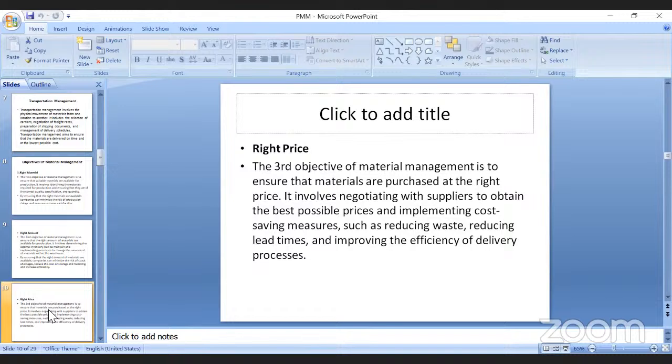Many years ago, there was a monopoly market. Now it is a competitive market, right? So many competitors are there. Suppose you are purchasing from one source and the price is 100. The same material will be available at 98 due to the competitive market. So many buyers and so many sellers are there, so we are getting the product very easily.